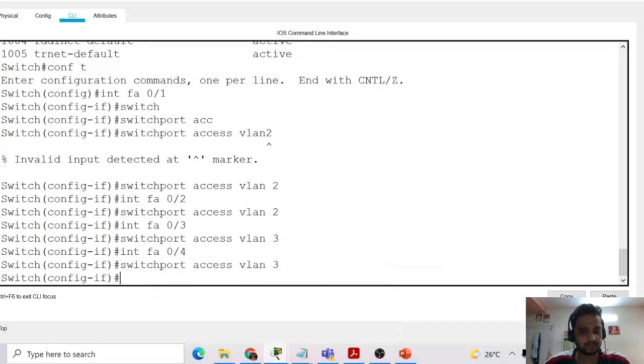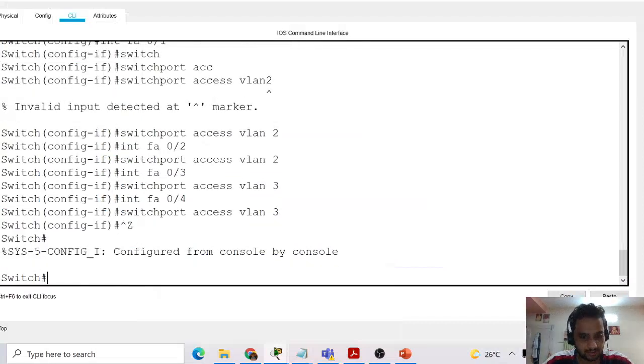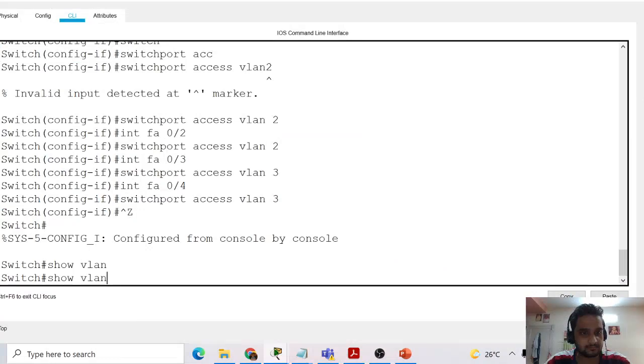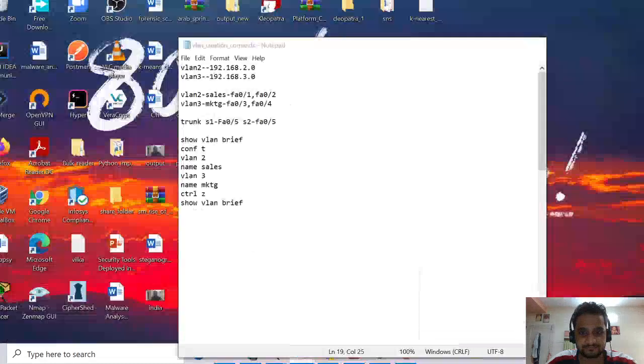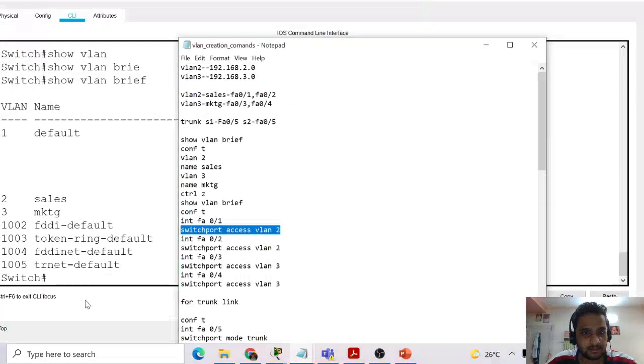So now let me go here and check how it's configured. So as we can see, sales and marketing come under VLANs 2 and 3, and also its corresponding ports or interfaces. Now I need to make sure that I do the trunk link.